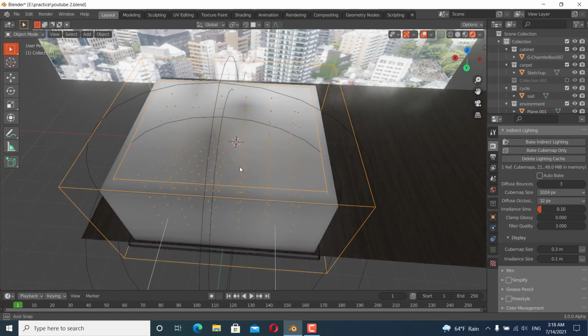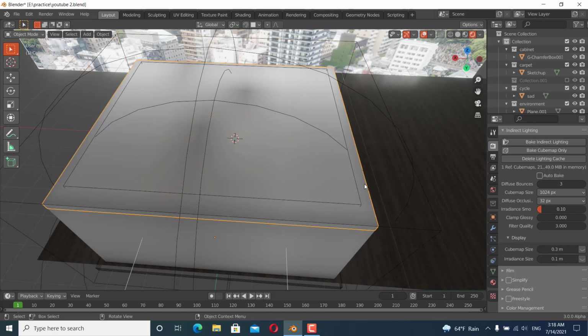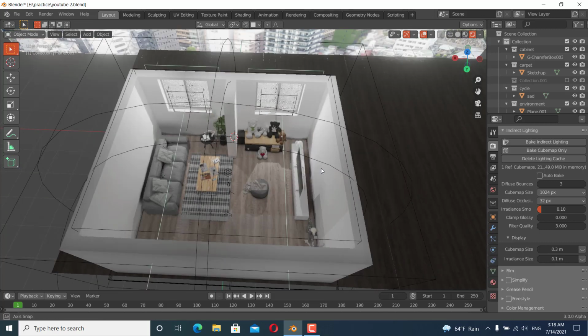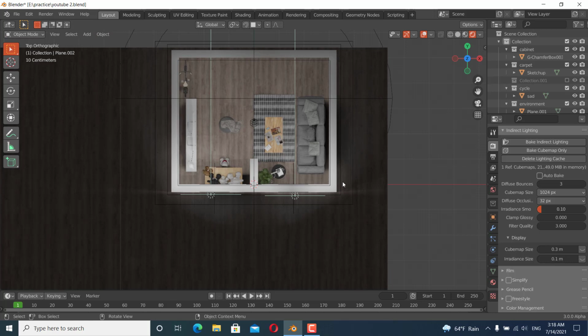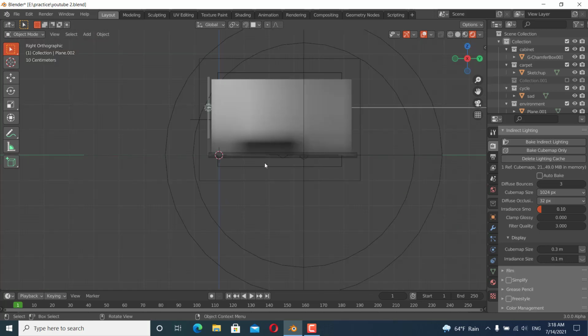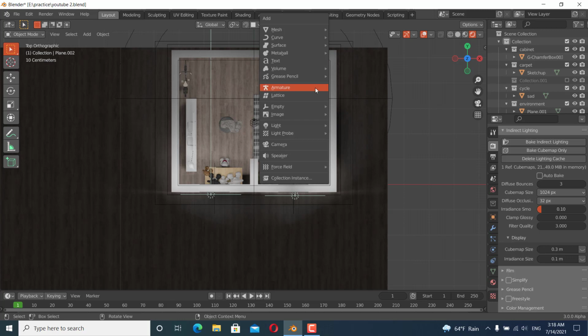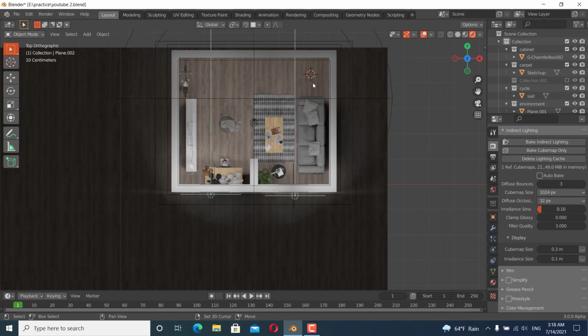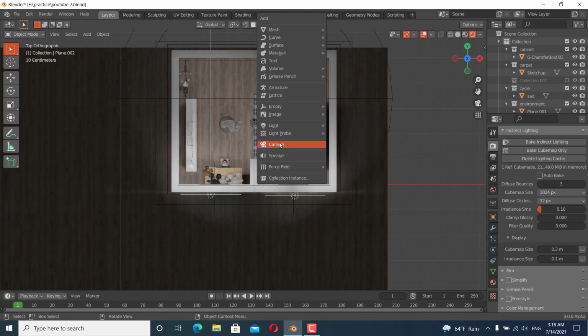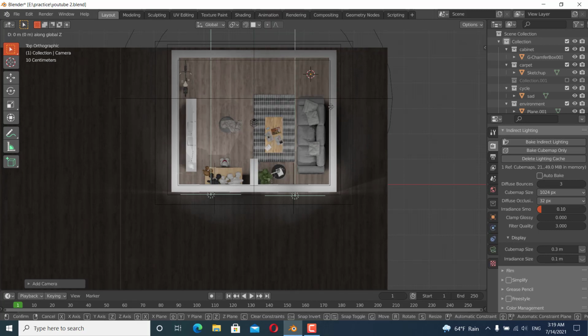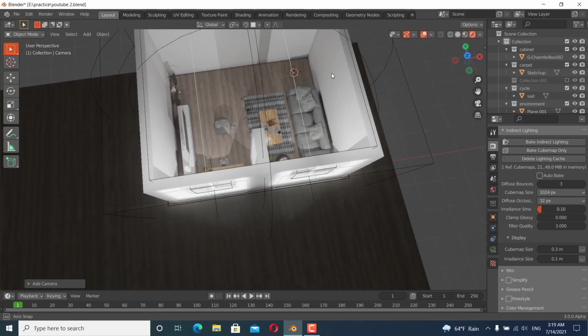Select the roof and hide it and press 7 and alt select, and no, like this, press 7 and add the cursor to this place by pressing shift and right click, and add a camera by shift A, and grab it in the Z direction. Grab it in the Z direction like this